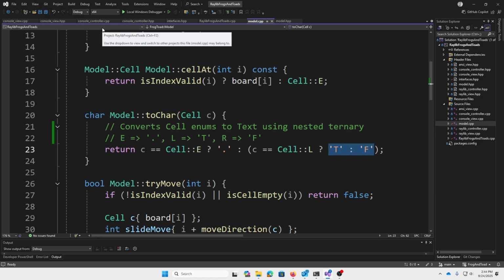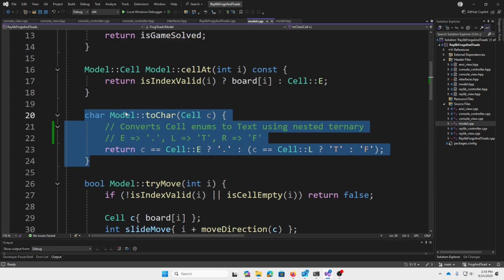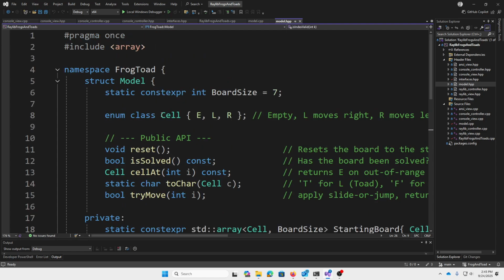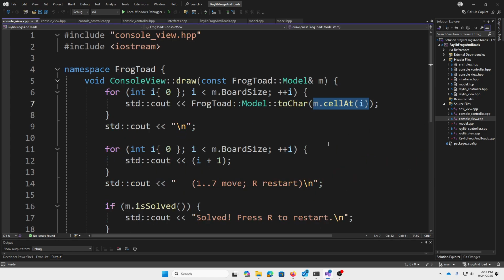Right? There's an argument that it doesn't deserve to live there in the model. It's almost like a two-string override, a way of converting your data into something readable. But it wouldn't be hard to move this to the view either, because the view has access to the model's class enum, because that's public on the model. The view has the model, so the view could do that conversion. So moving it from the model to the view, there's definitely an argument to be made that that doesn't